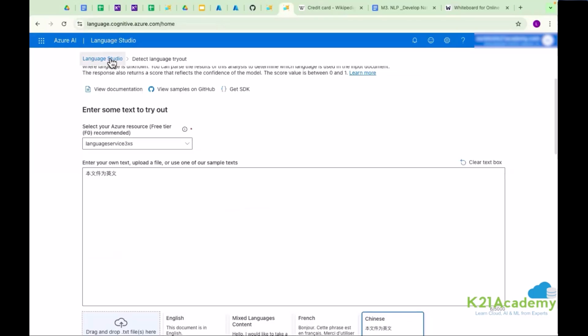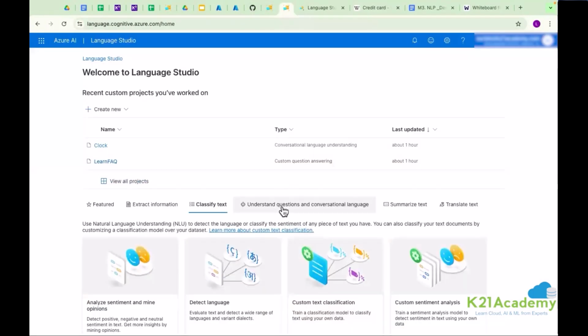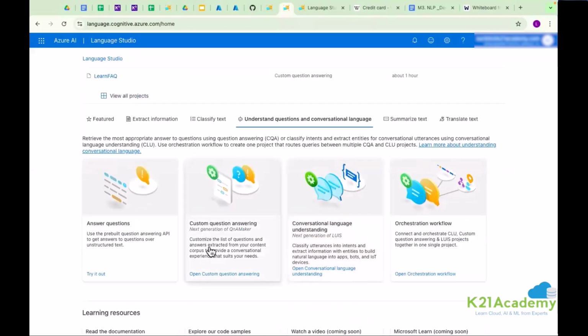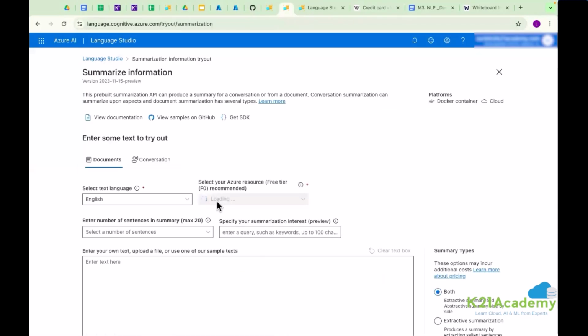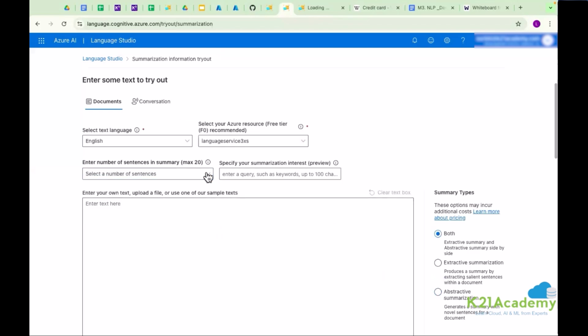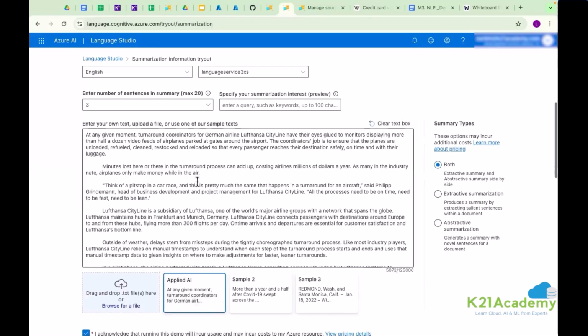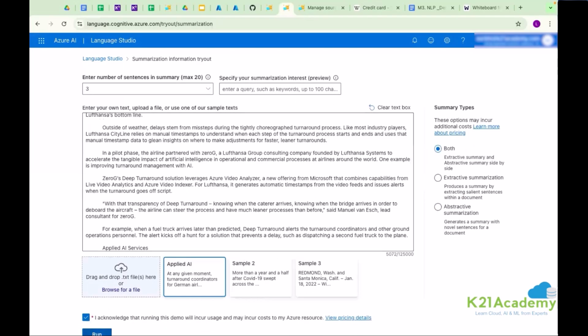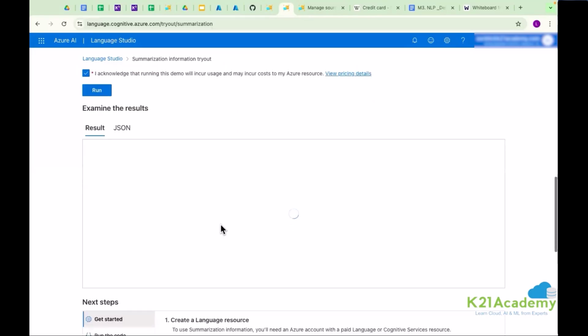Similarly, if you would like to perform many other operations, as we discussed, we have question answering. You can create a custom question answer or a basic question answer. There is also summarization of your information. Maybe you want a number of sentences, maybe I just want to get a 3-sentence summary. So I have some text here with me, and I want to get the summary of it. You can check, it will help us give you a summary